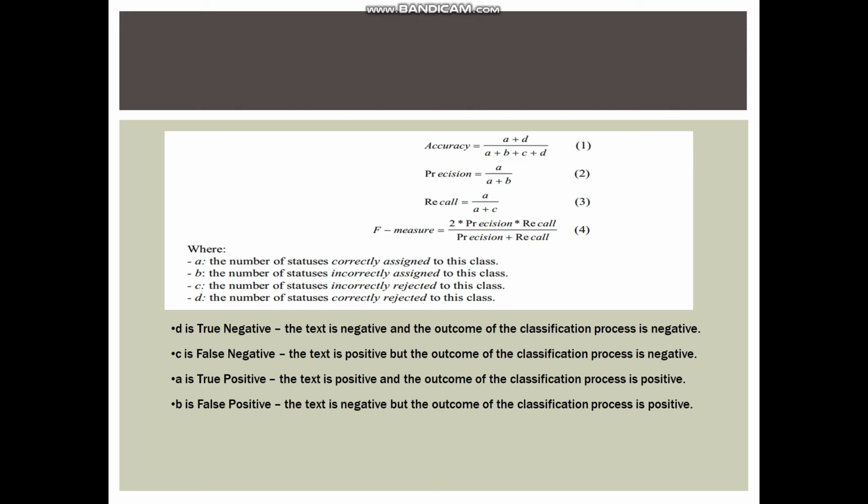The meaning of false negative is the text is positive but the outcome of the classification process is negative. Then there's true positive for A. True positive is the text is positive and the outcome of the classification is positive. And then false positive is for B, where the text is negative but the outcome of the classification process is positive. So that represents false positive.